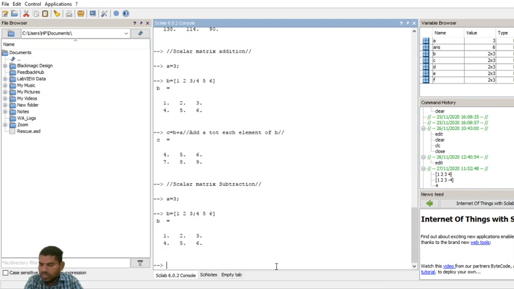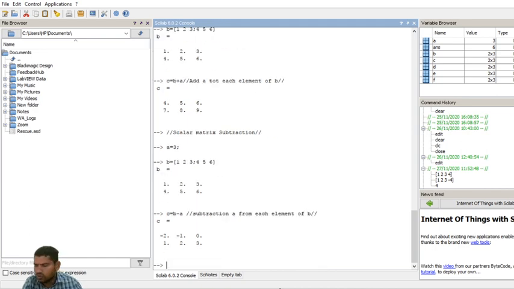Okay, now the C value: scalar subtraction, C is equal to B minus A, subtracting A from each element of B. This is the output.